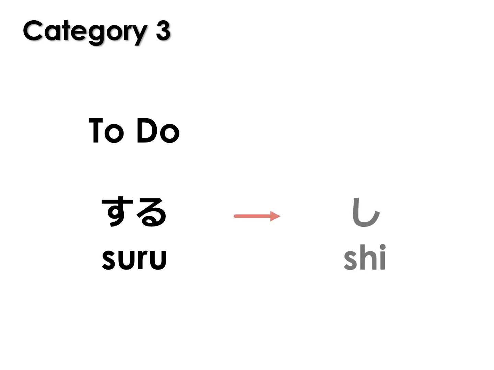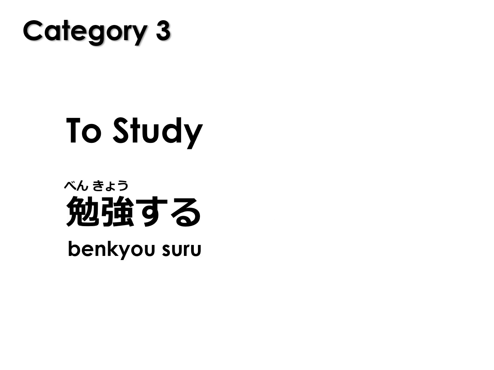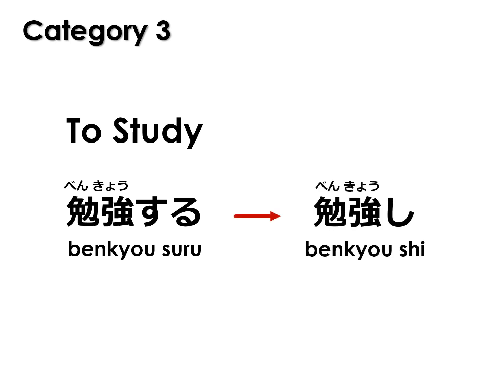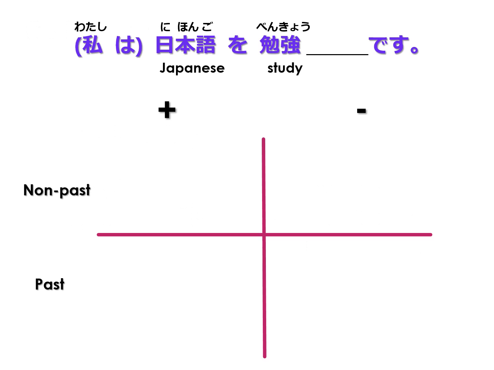Let's look at a category 3 verb, the verb to do, or する. Its conjunctive form is し. The verb する forms compound verbs with nouns. 勉強する means to study. The conjunctive form is 勉強し. And conjugating in all four tenses, I want to study Japanese. 日本語を勉強したいです。